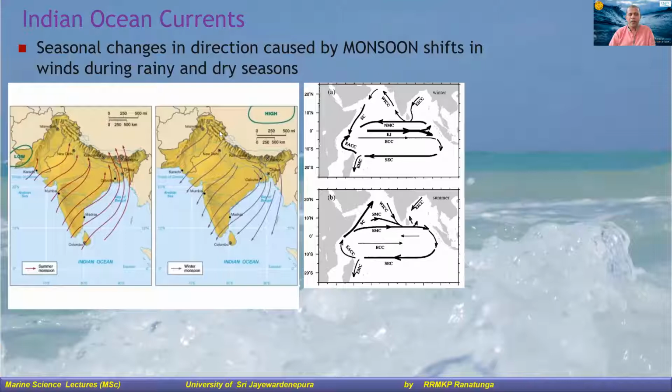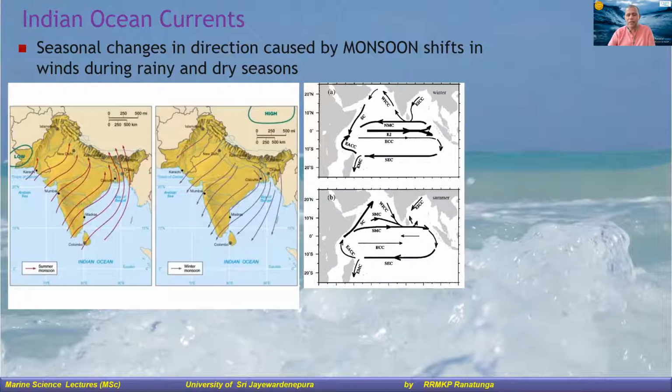And the other season is the northeastern time, when you will experience a lot of rain from the eastern side, and this time you will actually have rain across the whole country. But the sea condition will be extremely bad in the north and east, and calmer in the western and southern end. So that's where we have two seasons.